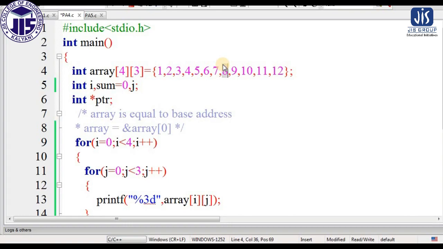If you see, for this element 8, we need 3 pieces of information. What is the row size of the array, that is 4. Now for this element 8, what is the row number and what is the column number. The row number is the second row, the 8 is in the second row, and the column number is 3. So row number 2, column number 3.